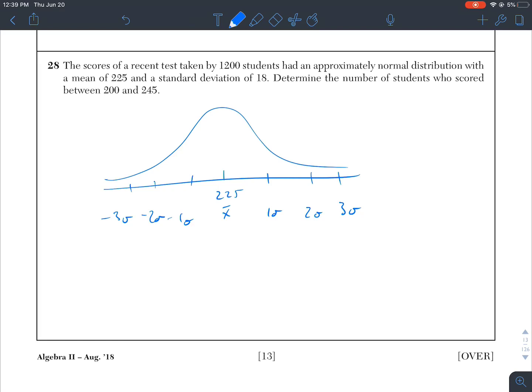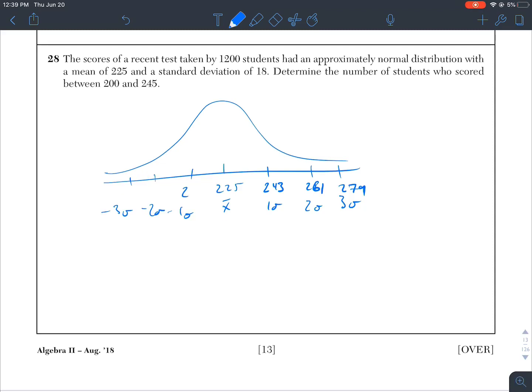And let's see, 18 to this is 243, 261, 279. Minusing 18 is going to be harder. 207 minus 18 is 200 minus 11, 189. No, 189 minus 18. Sorry, 189 minus 18 is going to be 171. And after all that hard work, it turns out that this graph wasn't that helpful, because we want to